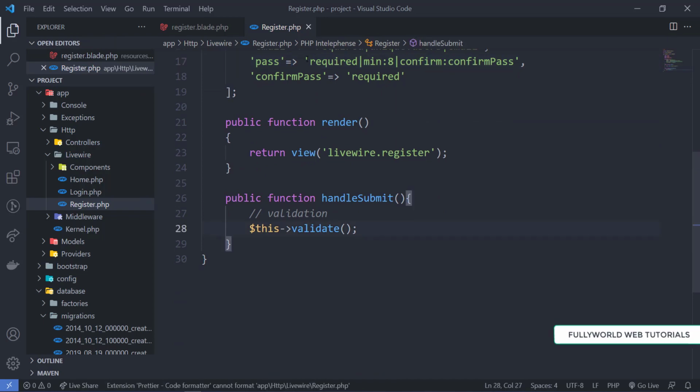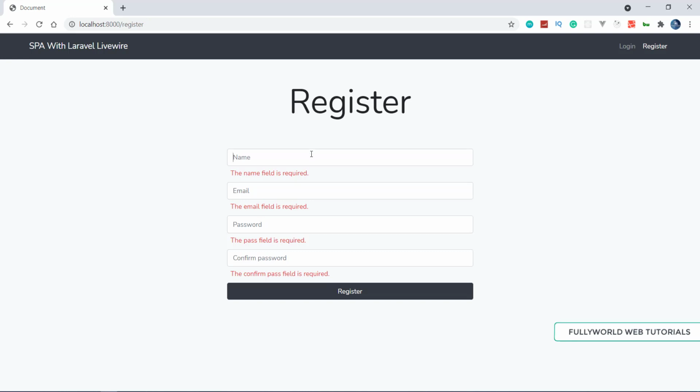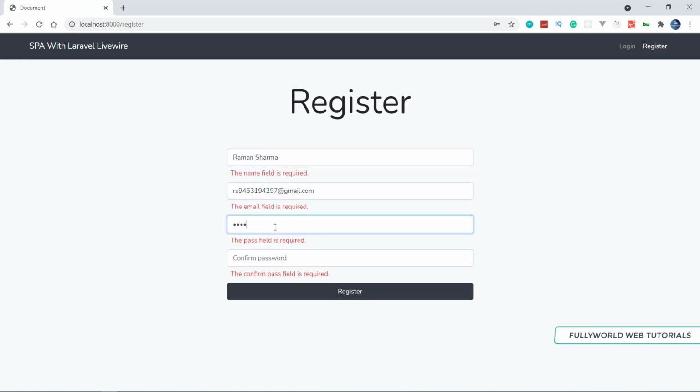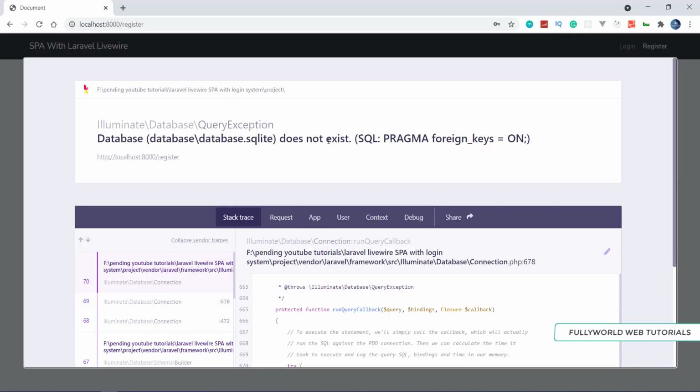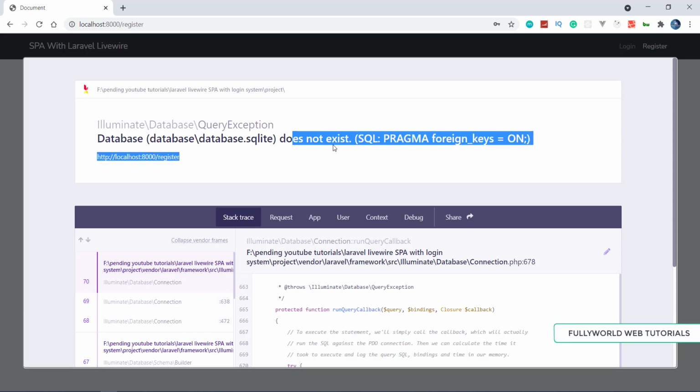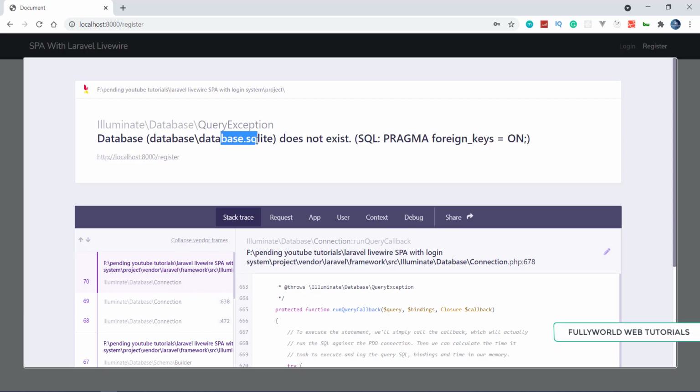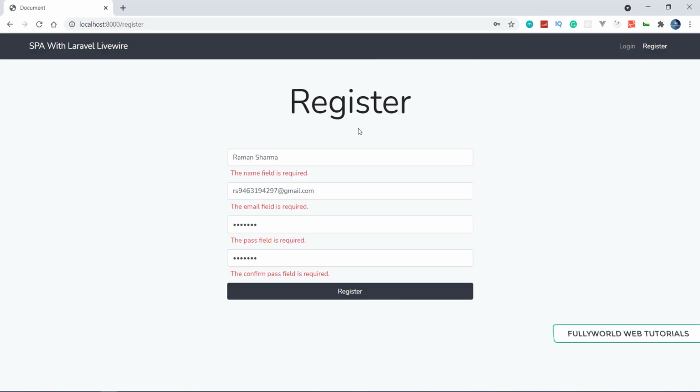Now let's check if the password is confirmed or not. So I'm writing anything here, and password 123456, 123456. When I click on register, we are getting one error. See that the database does not exist. Database.sqlite does not exist.